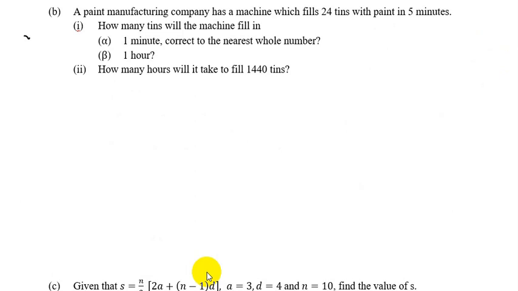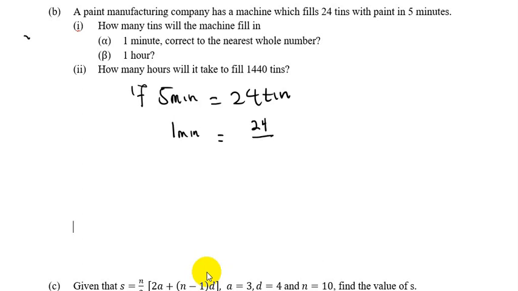So for the B part, we are saying that a paint manufacturer company has a machine which fills 24 tins of paint within 5 minutes. How many liters will the machine fill in 1 minute? Correct to the nearest whole number and also 1 hour, right? Now, the question is telling us that 5 minutes is for 24 tins, right? Now, we want only for 1 minute. Now, for 1 minute, it's going to be